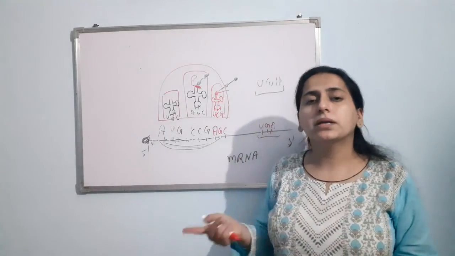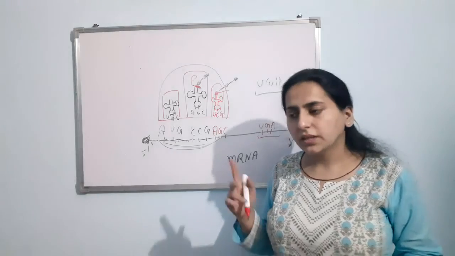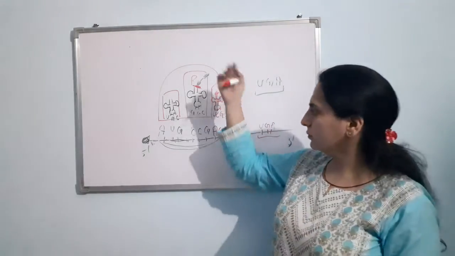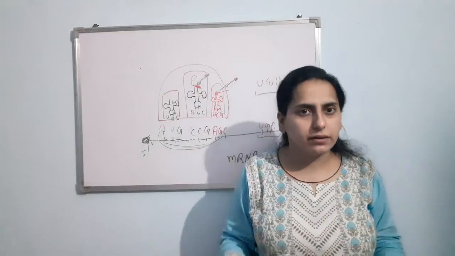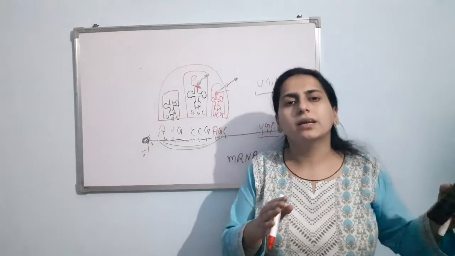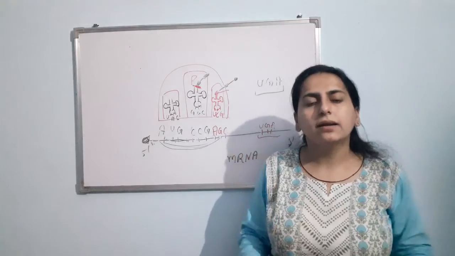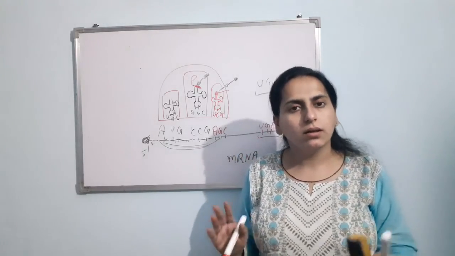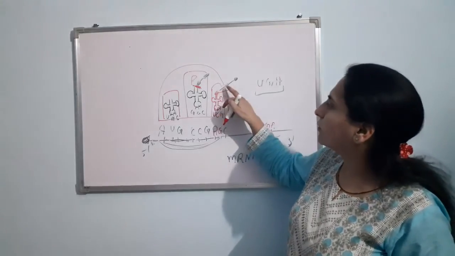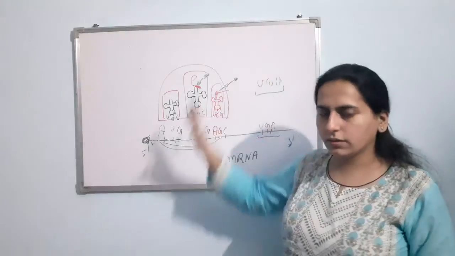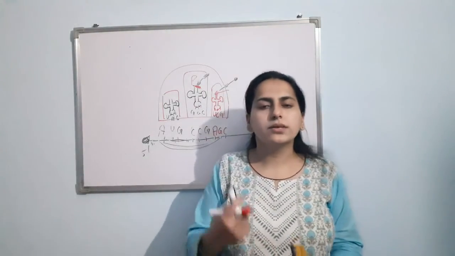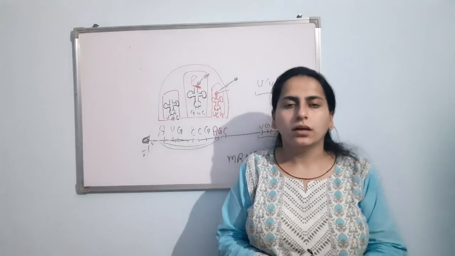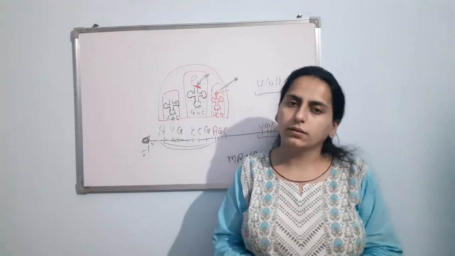Now what will happen is a releasing factor will come. Now what will that releasing factor do? That releasing factor will stop the process of translation. Clear? And now we are having the polypeptide chain. Is it clear how there is formation of the protein or the peptide chain in the process of translation? Thank you.